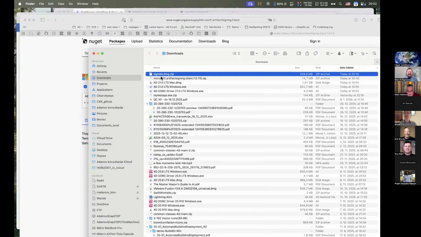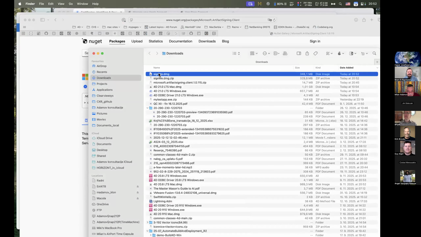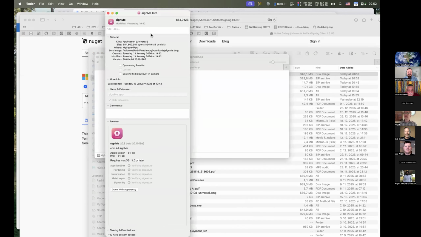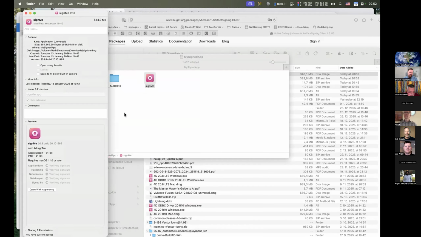So here it is in downloads. Let me unzip it. Then let me mount it. Okay, this is the right one. So you have to do, and if you use Get Info, come on. Sometimes it's so slow.